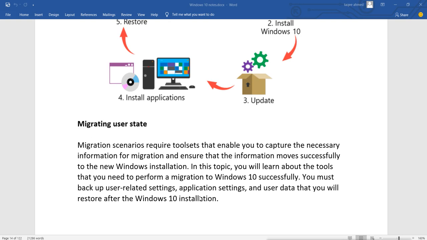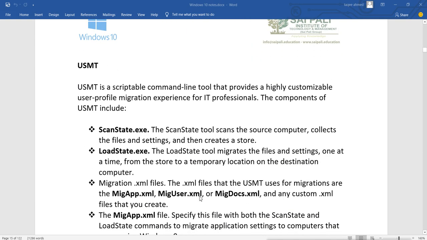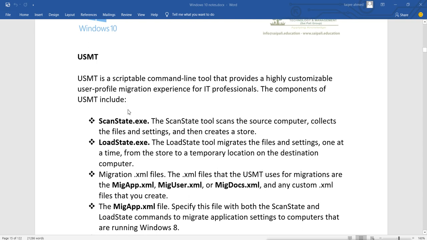So for taking the backup of user settings, we use this tool which is called the User State Migration Tool. The User State Migration Tool, USMT, is a scriptable command line tool that provides a highly customizable user profile migration experience for IT professionals.